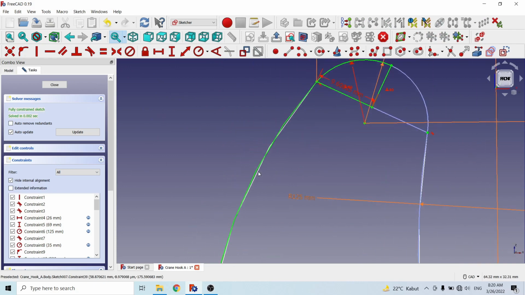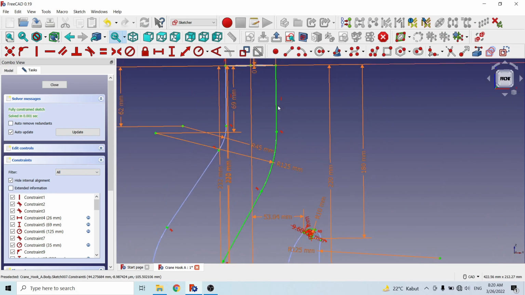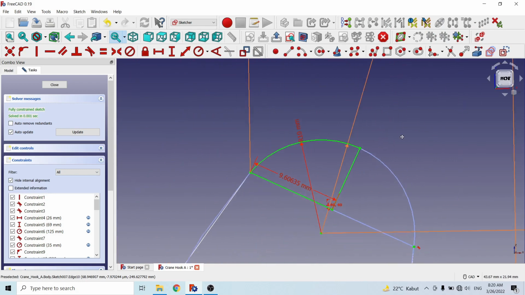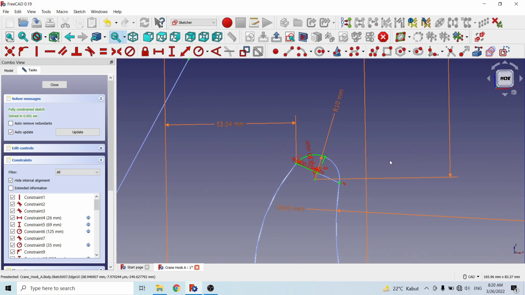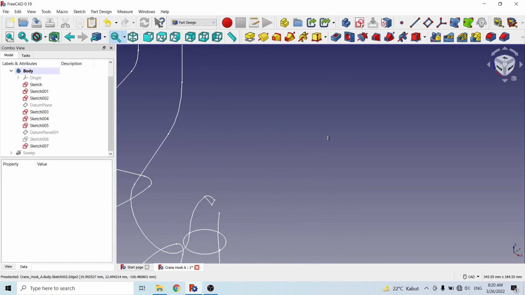Okay, now we can click this as a blue one, so click this sketch, this sketch as blue one. Now this is the sketch for the 3D of the half ball. Now close the sketch,